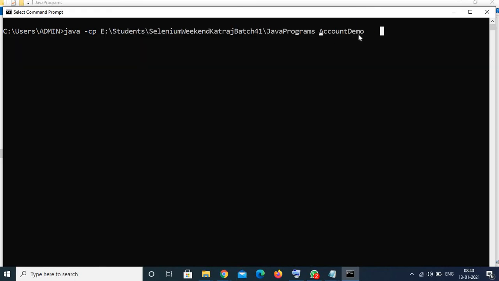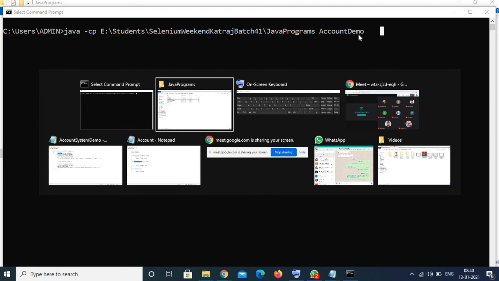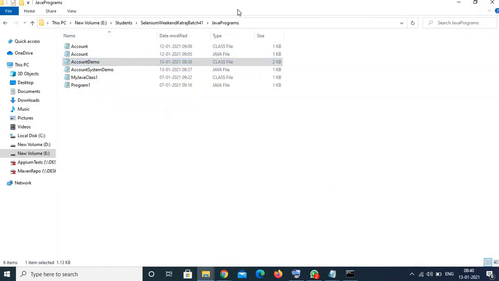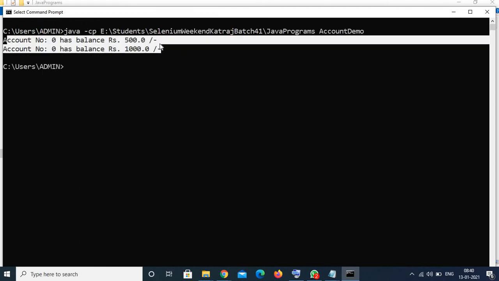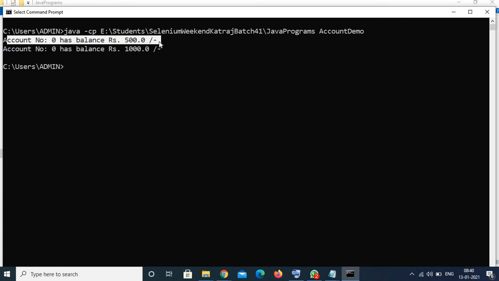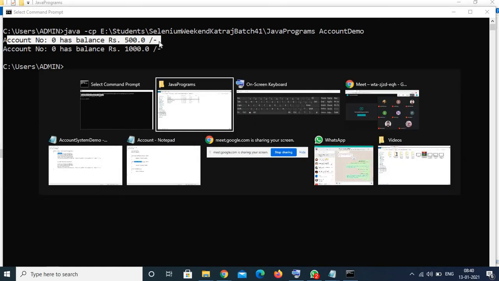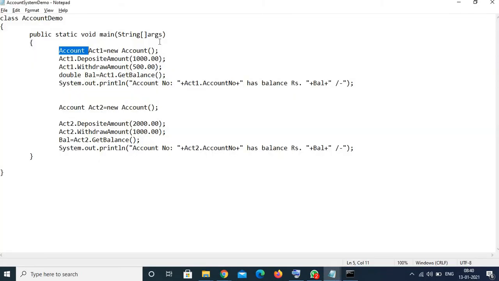Account demo is the name of the class we are executing, and its class file is present in this folder, hence the path of that directory is mentioned in the class path, and I'm just putting enter here. So we have got this output. Now let's understand the output and the flow of this.